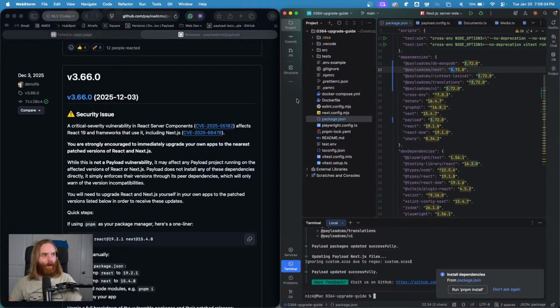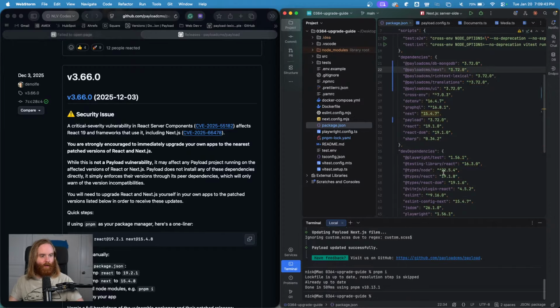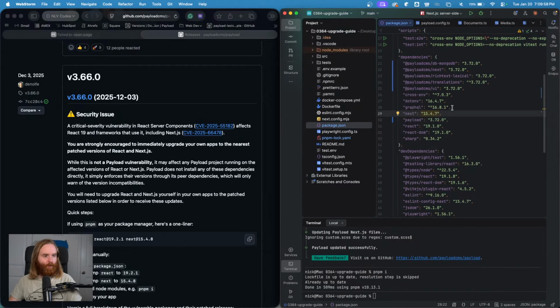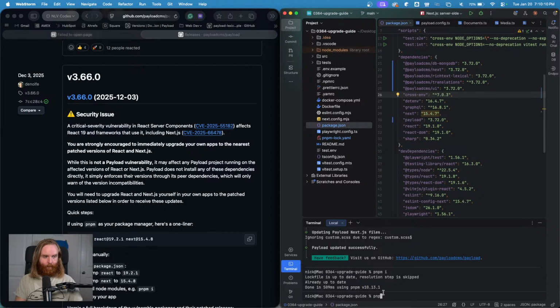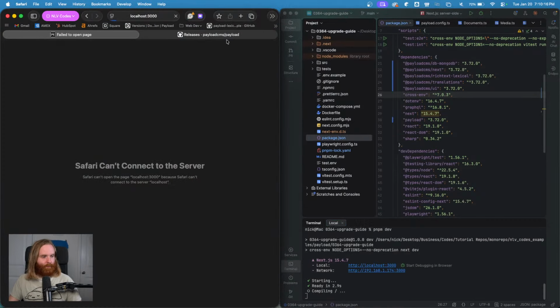Now here I did delete my node modules and a few other things to save space. So I'm going to want to do pnpm i to install everything else. And you'll notice that our Next version is wrong. It's very low. So this is back before the vulnerability. So we're going to upgrade this to an unaffected version as we go, because as of version 3.66, there are now minimum versions of Next and React. So if I run pnpm dev and refresh,